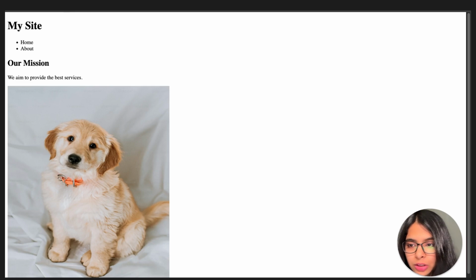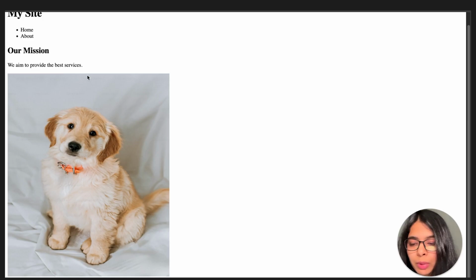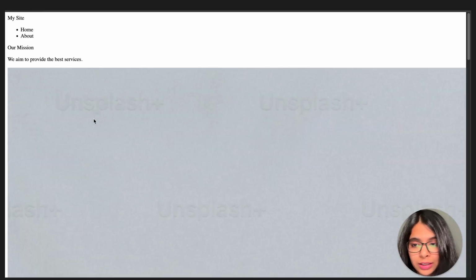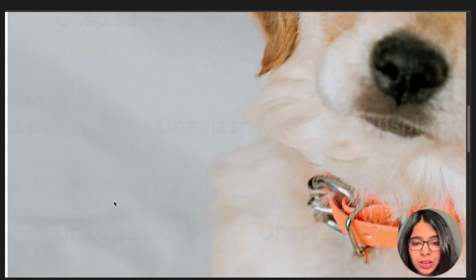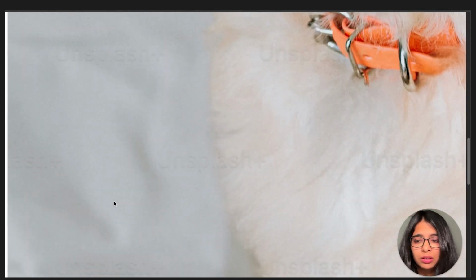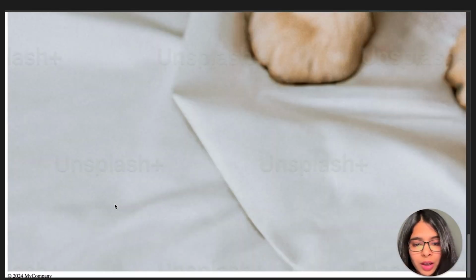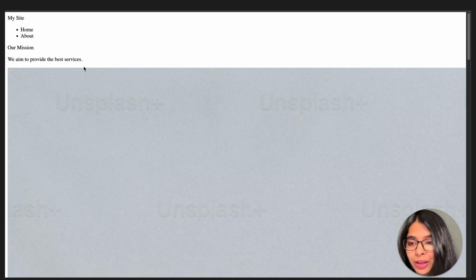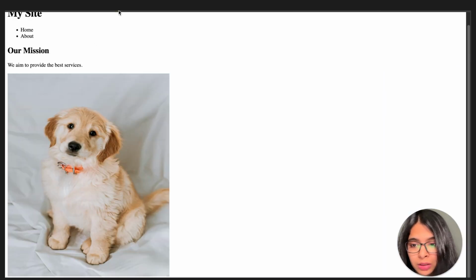Whereas in the semantic HTML, you can see that there was a blank space between the text that was reserved automatically by the browser because we had specified the width and height for the image. Because we have specified the width and height, it is also looking much prettier from a user perspective. Whereas if we see the non-semantic example, the image is just stretched out all over the web page, and it is not at all a desirable user experience.